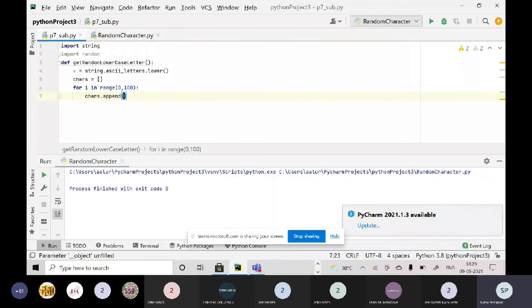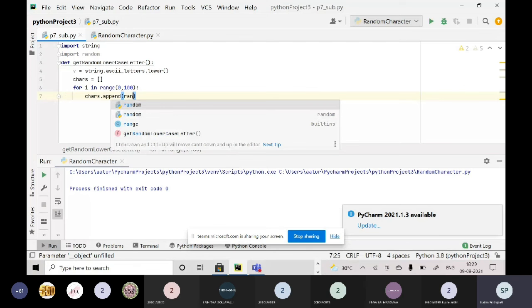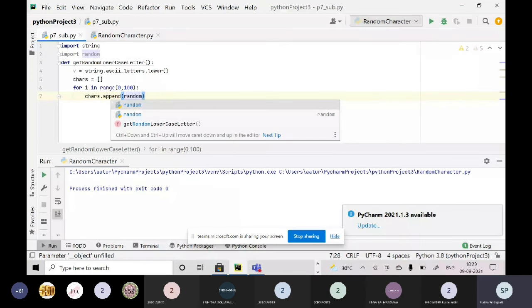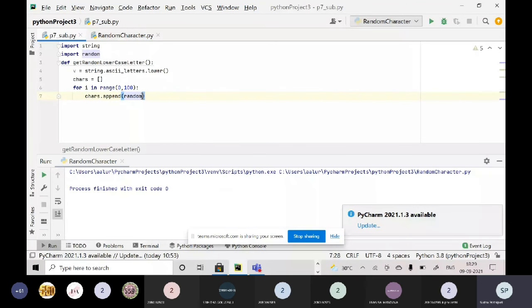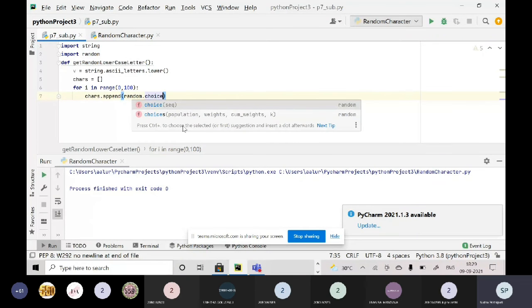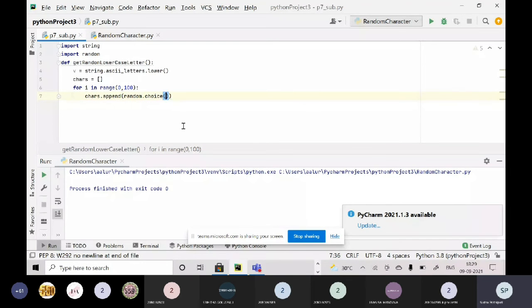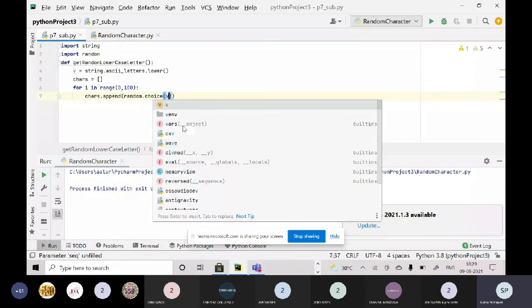Inside this, I don't want the characters in sequence, I just want the characters in random. So I'm using the random module, and inside the random module there is a method called choice. This choice will pick letters at random from the list, and I'm passing v into it.